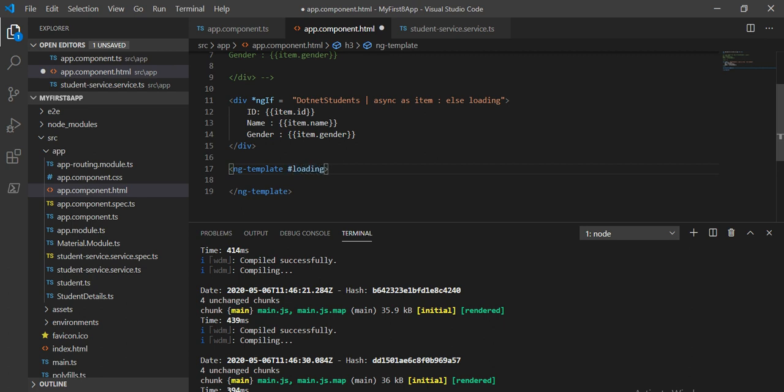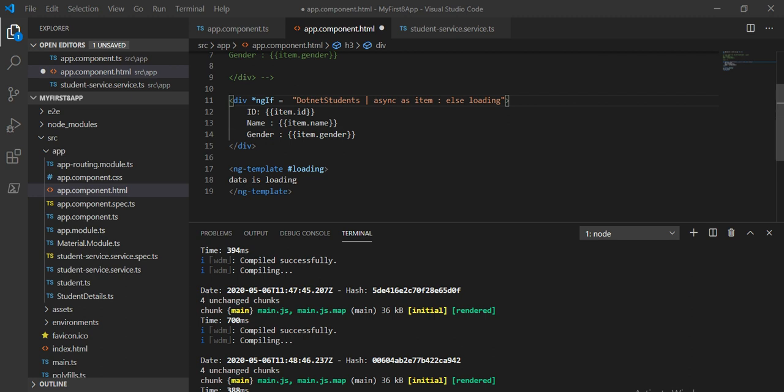And inside this, basically, loading means that before showing this data it shows one circle, something like data is loading. But as of now I don't have any image, so I will write one text, data is loading. So that is the thing here.